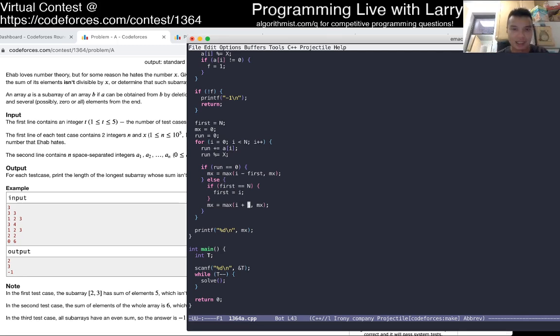So that's kind of how I did it. I guess visualization could be a little bit better, but yeah. So that's Q1 or problem A.